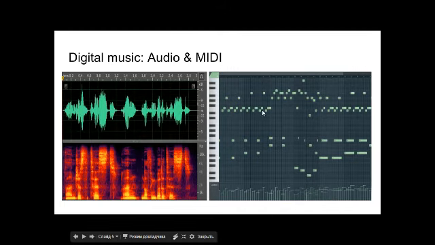And here's the MIDI. It's a piece of music that I worked on. It's the piano part, and as you can see, we see the piano roll here, the keyboard, which is just for reference for the musician who works on this, and we see the notes. So we see where the note starts and how long it sounds.